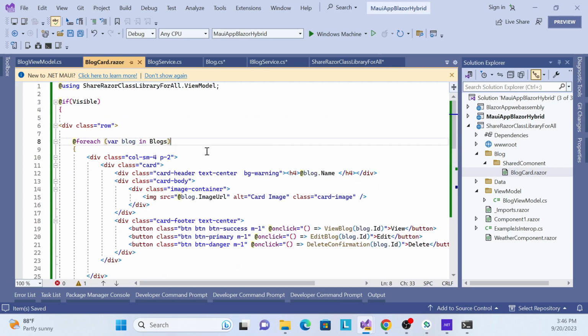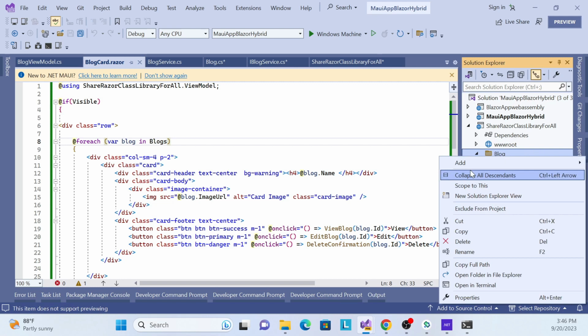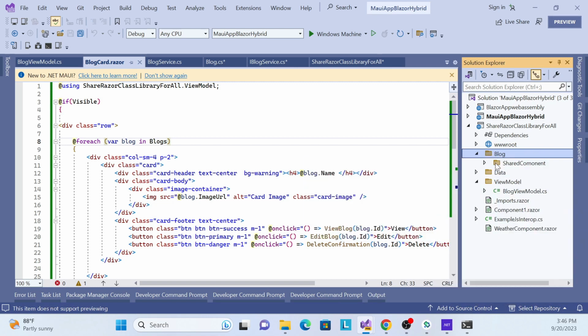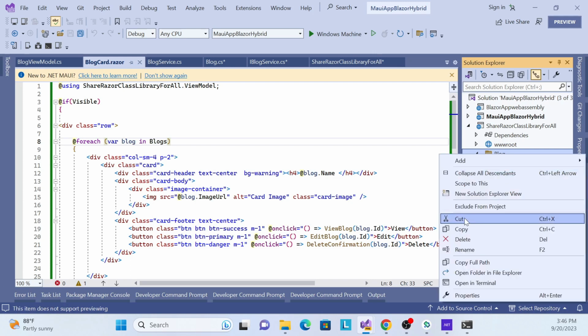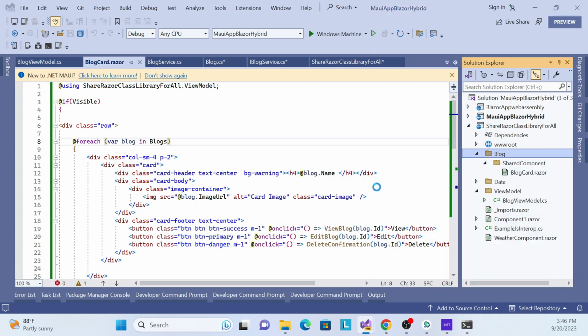And now, how can we use this reusable component in our main component? So let me create the main component. This is a reusable component that we can use anywhere, and this main component will act as the parent component, and the other as the child component. So let me create a main component,